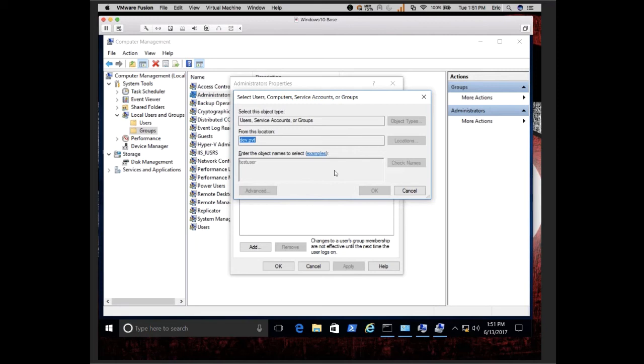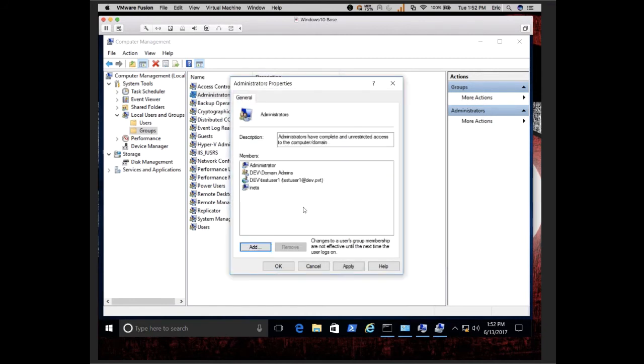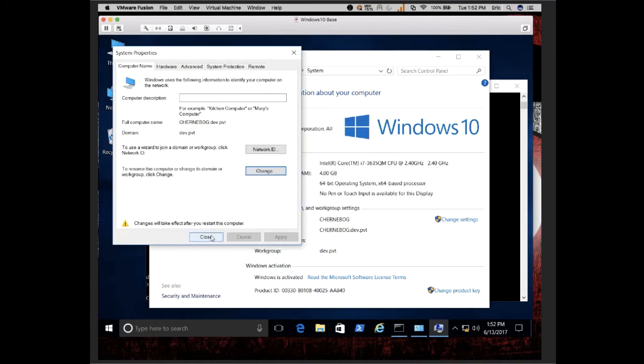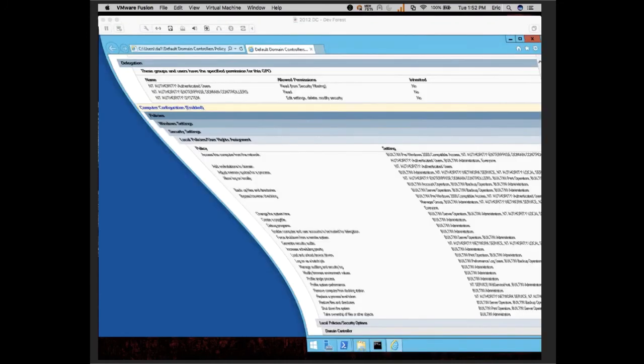As we wait. As always with demos, things never go perfect. Here we go. So I made myself an administrator, and I'm going to remove others from being an administrator. So while that is going,